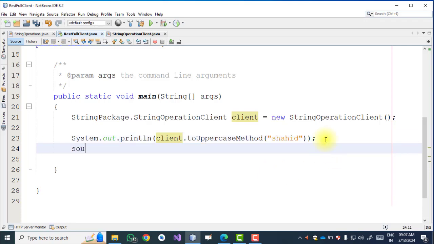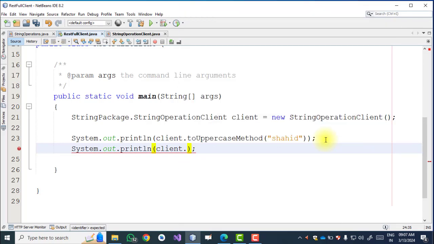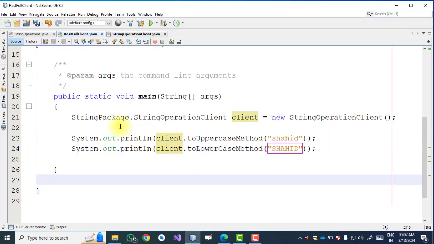In the same way sout, again client dot, this time toLowerCase method और हम लोग जो string देंगे वो upper case में देंगे.